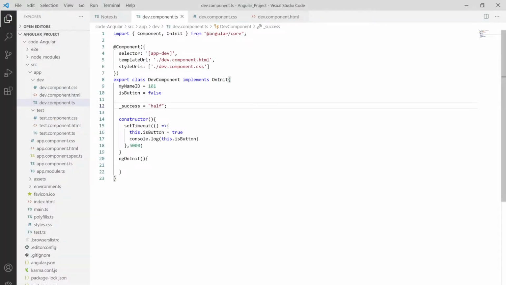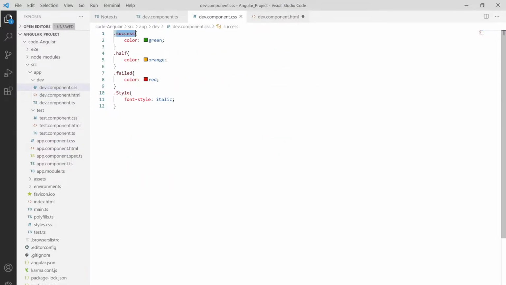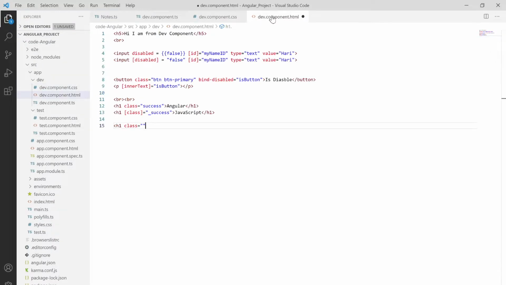Also let me show you what will happen if we use the class attribute and class binding in the same HTML. As you can see over here, I'm using the h2 tag or h1 tag. Say I'm using this as class, and I want that class to be italic. So let me move to the style over here, copy it out, and then paste it. Let me put it as TypeScript over here. Let me save this and show you.